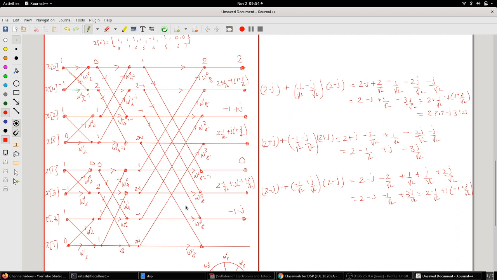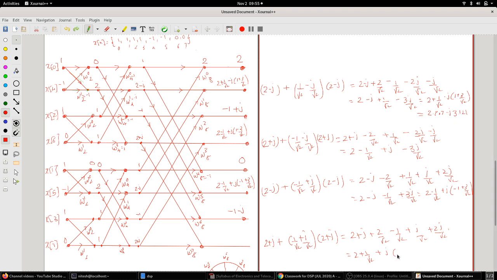Here again this guy is 2 plus j comes from here, this particular point, and 2 plus j comes from here, which gets multiplied with 1 by root 2 plus j upon root 2, which is in the second quadrant, into 2 plus j. So what you get here is 2 plus j plus 2 upon root 2 minus 1 upon root 2 plus j upon root 2 plus 2j upon root 2. So this comes to 2 plus 1 upon root 2 plus j into j